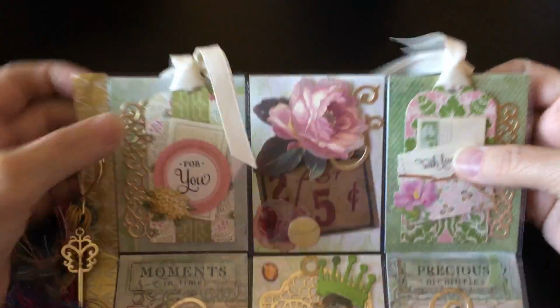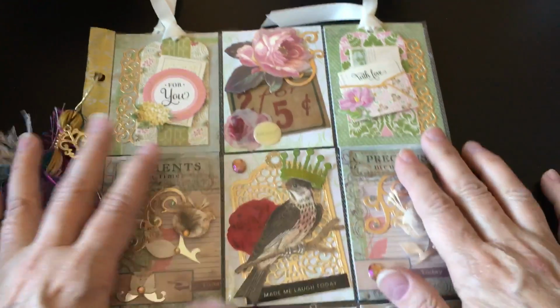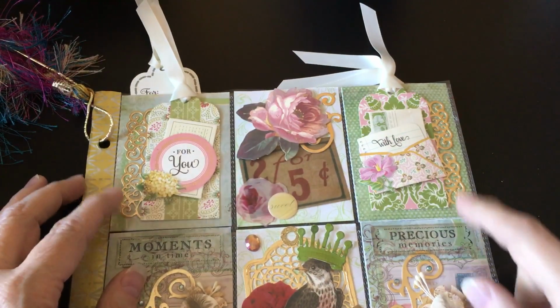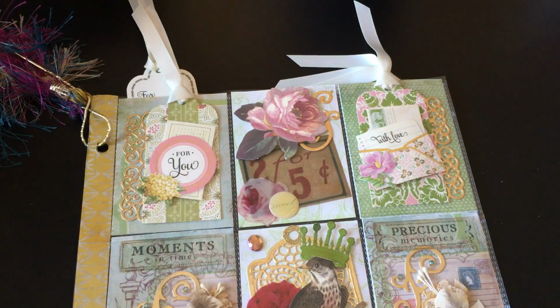Set that aside, and now I will share with you the pocket letter I did. So these are, let you take a look here at the whole thing, and then I will explain these pieces. Okay, so these, well, let's start with the